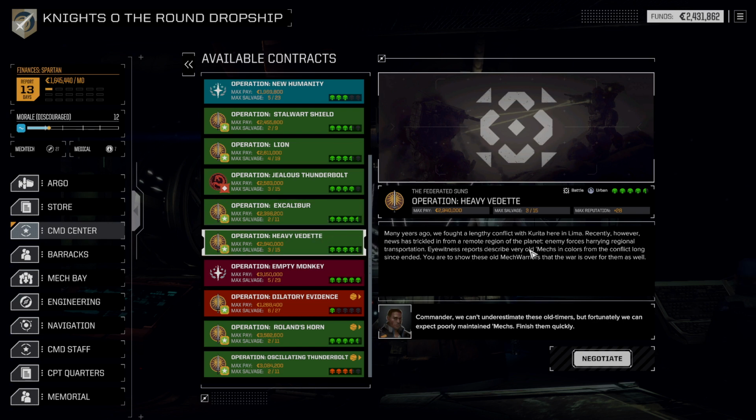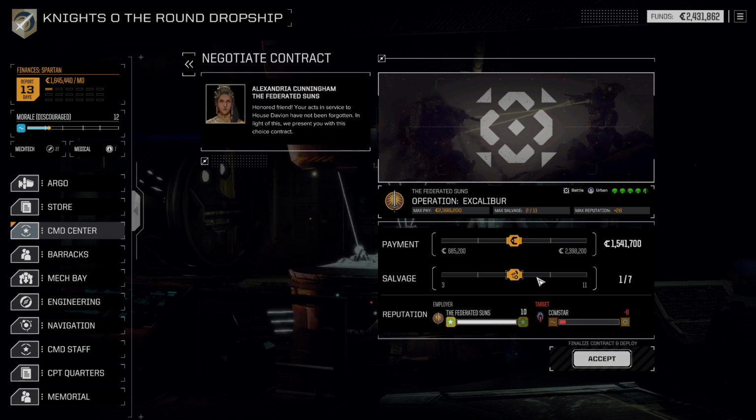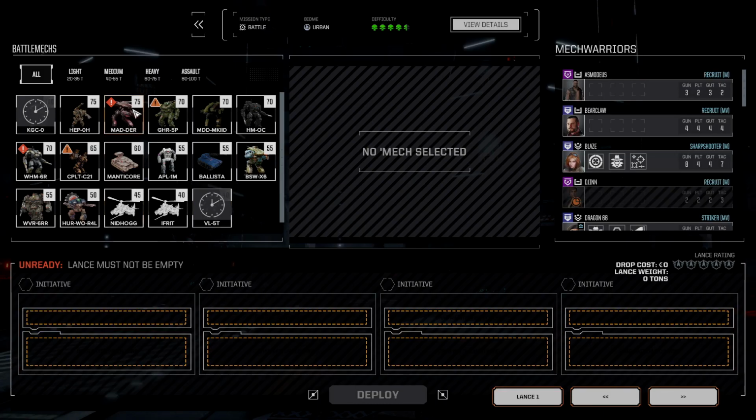Also, I believe it was last episode I was having irritation with how long everything was taking. I realized it's probably because this is urban biome, and there's a lot of assets to load since every building is destructible. So, I think we're gonna go for this 211 max salvage mission, in part because it's against Comstar. 1.1 million C-bill payout, but it's against Comstar, and it's 211 max salvage, which means they should have better than average gear. And the hope,